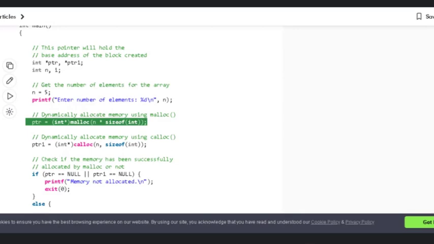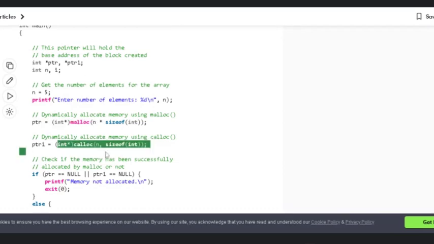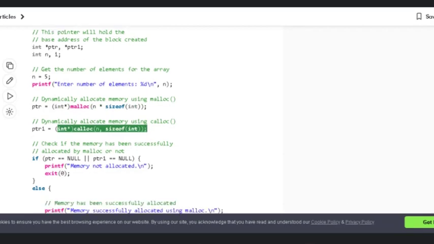Then we have ptr1, another pointer variable, which is used for allocating memory using the calloc function. Here, as n is equal to 5, 5 different blocks of memory space will be allocated for the integer array. So malloc allocates 20 bytes of memory, and this is also allocating 20 bytes of memory, but in chunks, 5 blocks of 4 bytes each.